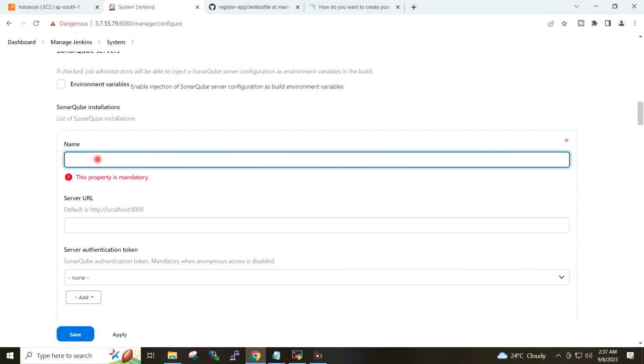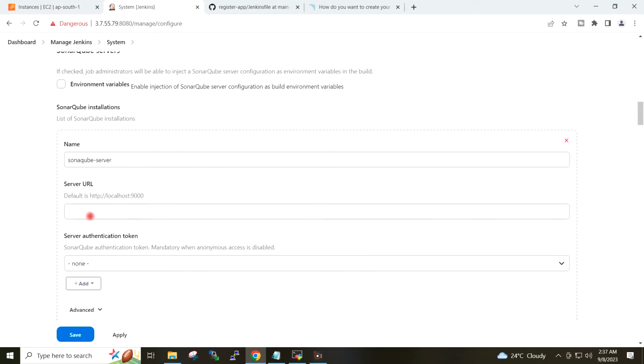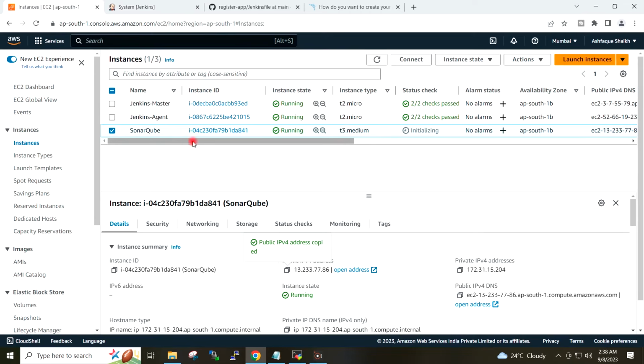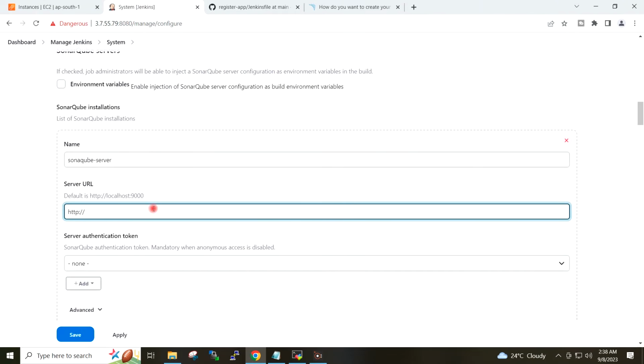Name I will give SonarQube server, and the URL I will provide private IP address of the SonarQube server colon 9000.